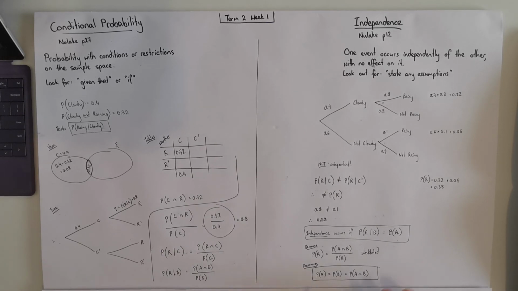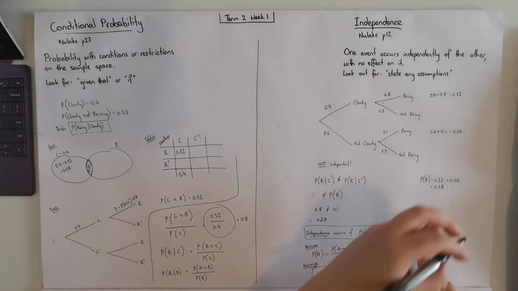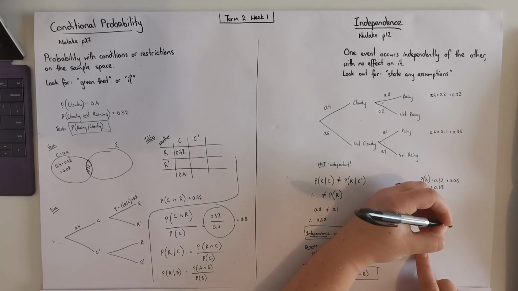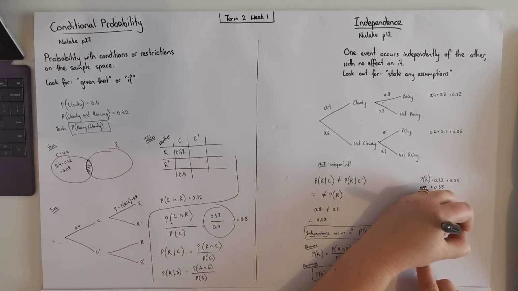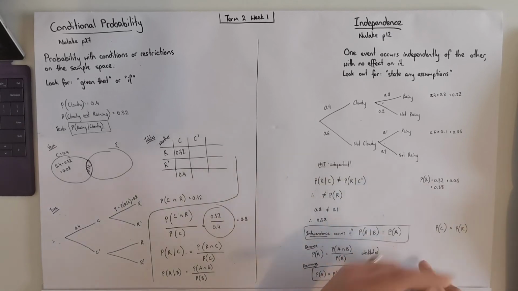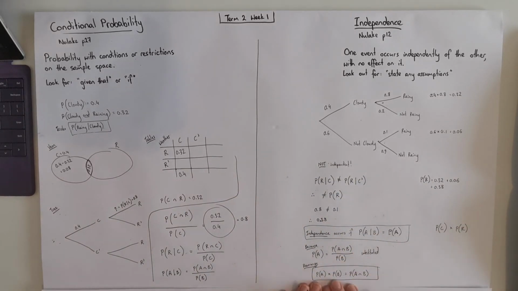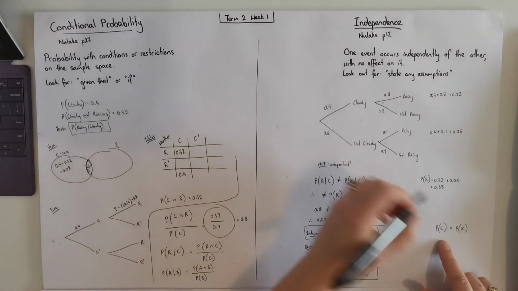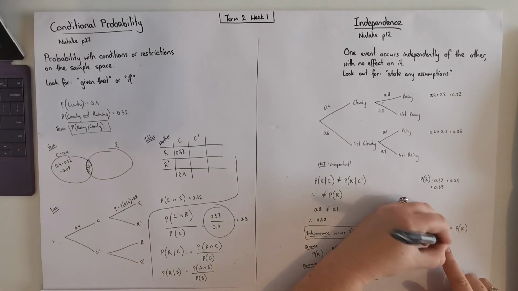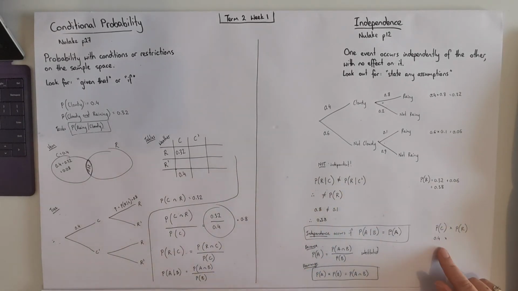So just to wrap this up, let's check that we can actually do this. So the probability of cloudy multiplied by the probability of raining. These are my events A and B as per the general formula. Now, from our previous calculations, probability of it being cloudy was of course our 0.4, nice and simple,